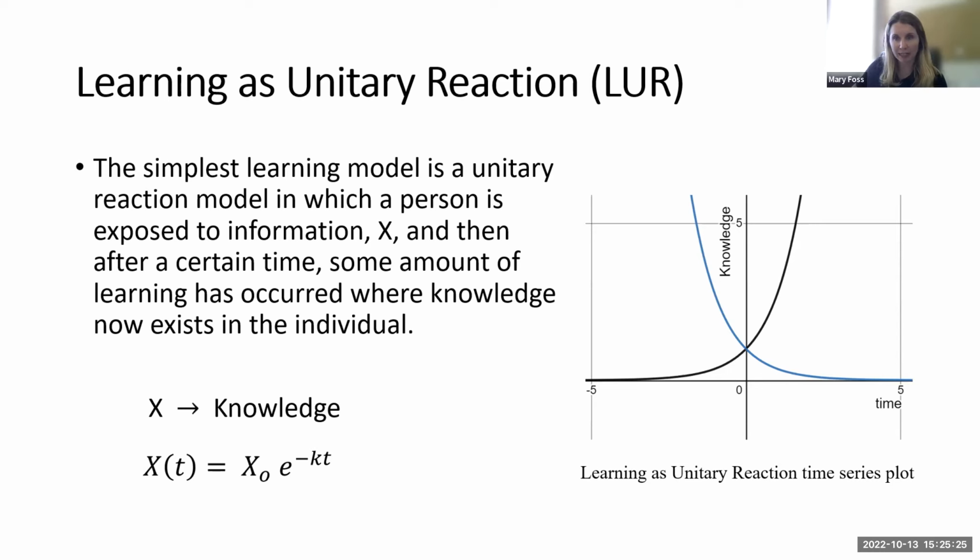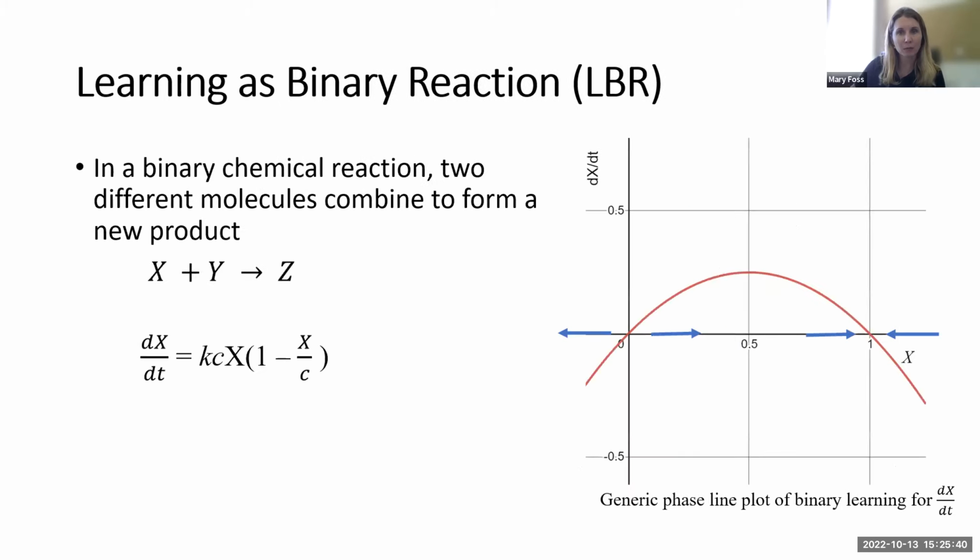So this is clearly not how it works. A student may learn one topic at a different rate than another, and then this model also doesn't account for any type of memory loss. And so we will look at that, and build upon this to create other models.